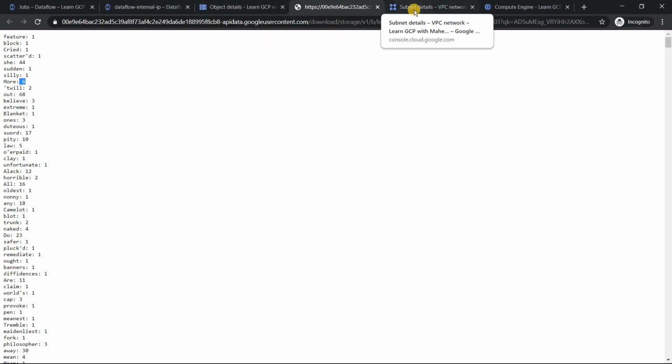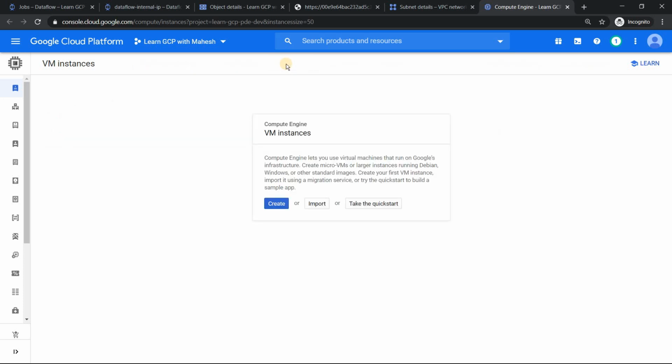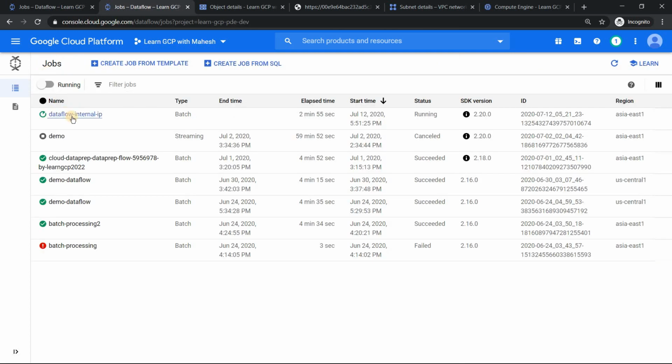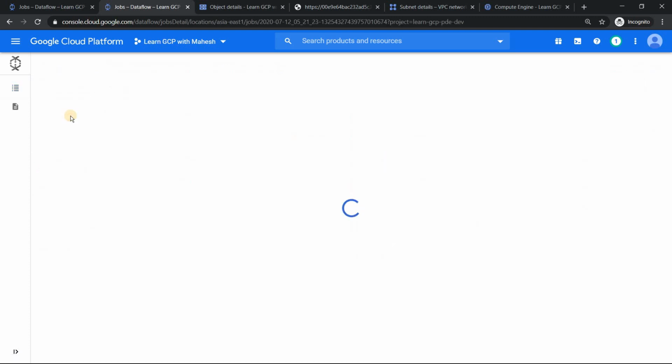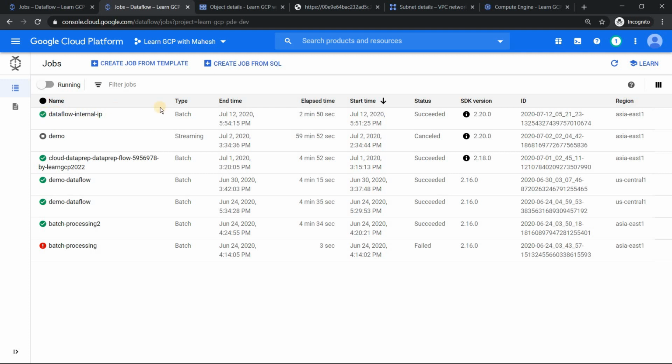The key takeaway is, if you go back to your virtual machine, it's going to be spinning down now, because the batch job has finished. So you should see it has spun down, and your job is successfully completed. And the whole thing which we achieved this time was using internal IP address. So if I click on this job one more time, it's succeeded, complete. Now if I go back, it is completed. So what we have achieved is we have run our pipeline using internal IP address.